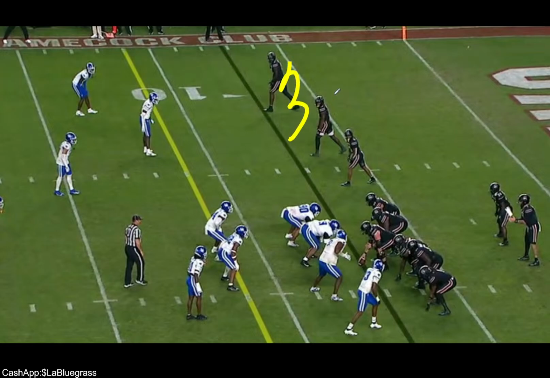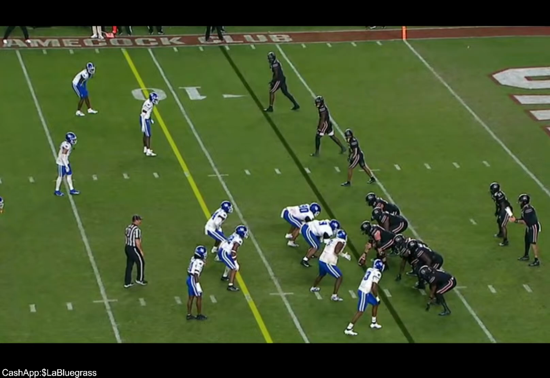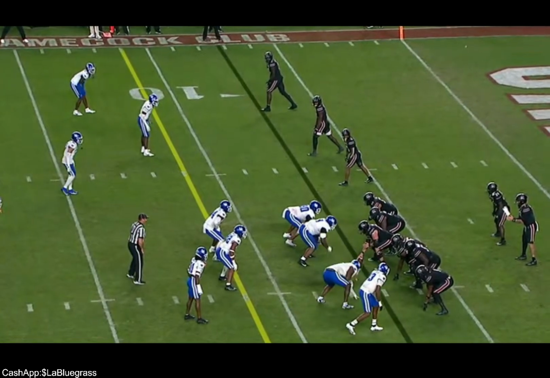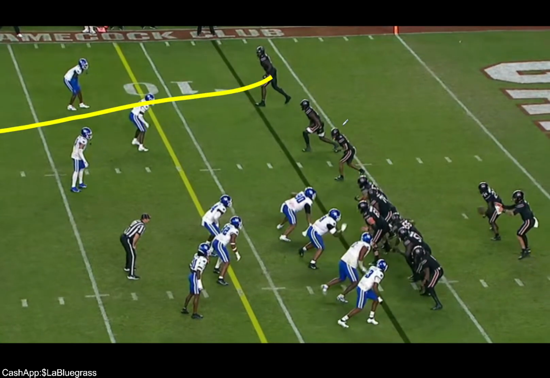Now, that drive was a 3rd and 15 and a 2nd and 25, and we let them get away with it. I said this live. When I see the only thing they can run on this side of the field, they're going to try to run a flood route.